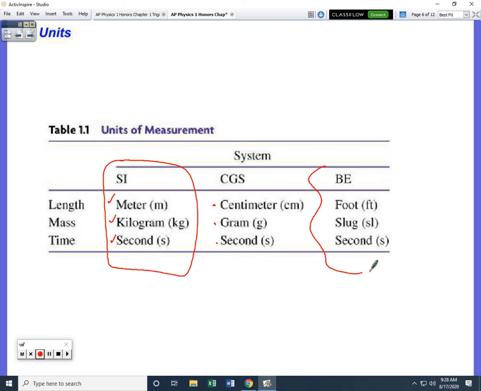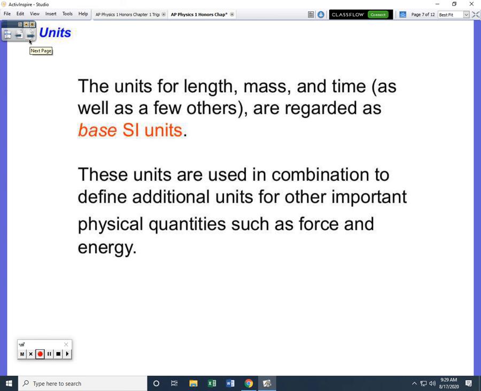And then here in the United States, we use the British Imperial System, which technically uses the foot for length. If you were going to get picky with mass, it should be the slug, but you'll probably also relate this to the pound when we get into forces and masses. We'll talk more about that. But they also still use the seconds, which is kind of nice. So we're going to have to do some of this converting into what we refer to as the base SI units. But we'll also have these derived units when we get into things like force and energy, like we mentioned earlier. We're going to see some of those.